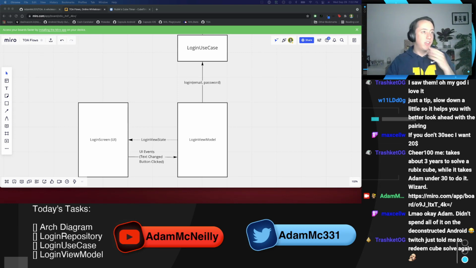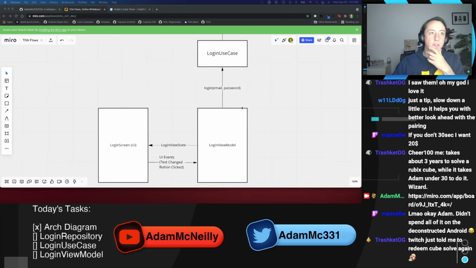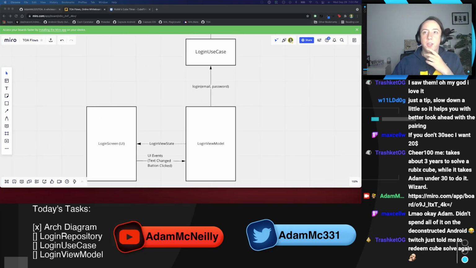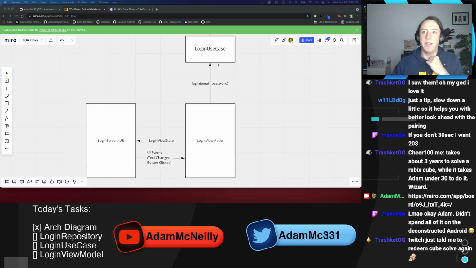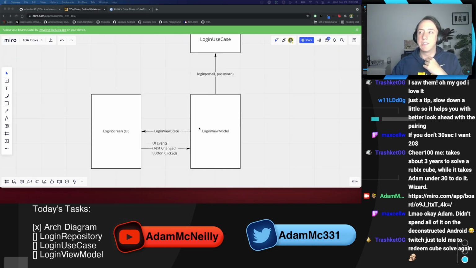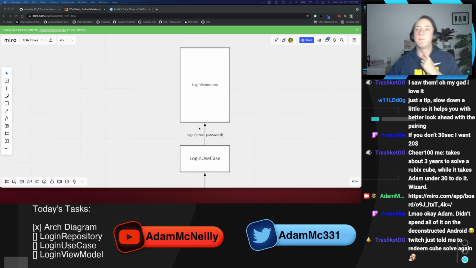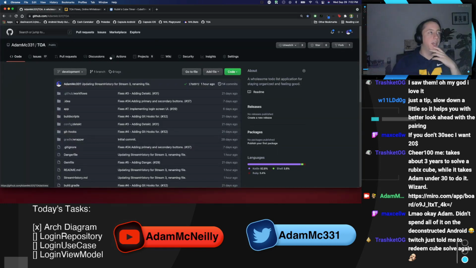We can go ahead and check off the architecture diagram, and if there's no objections from the Android folks about this sort of pattern, let's dive in. And you'll notice I planned on it and that the checklist is kind of in order of the way we would build things. If my use case is supposed to talk to the repo, I need to build the repo first, and then so on. And so I can't build my view model till I have that. And then I can't connect these until the end. So it's kind of built in order. So let's get started. One thing we need actually is